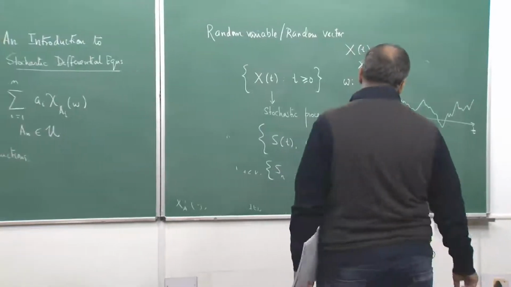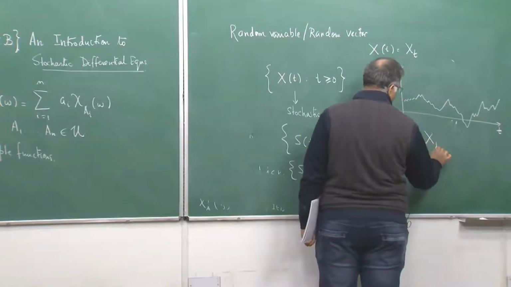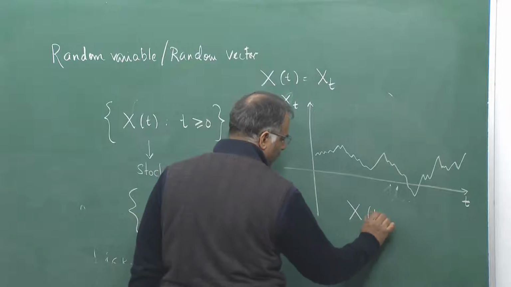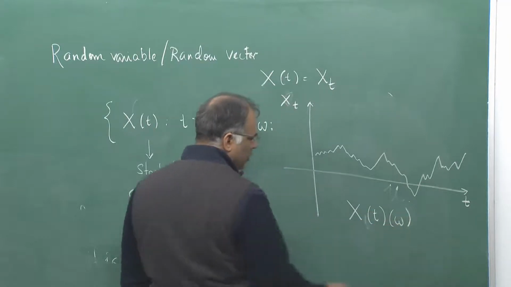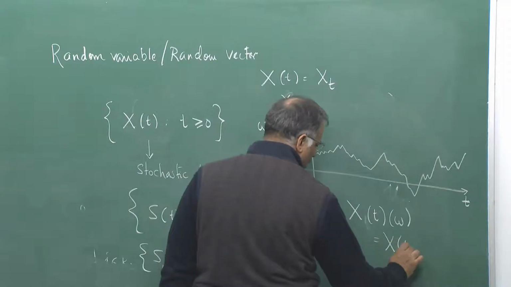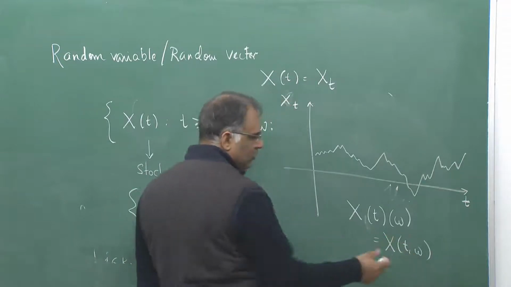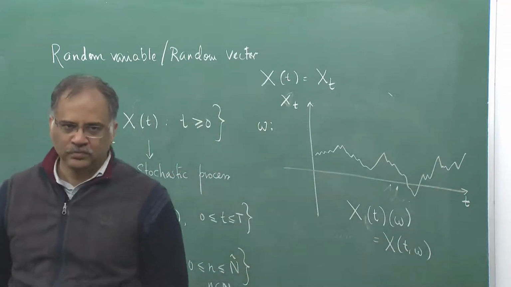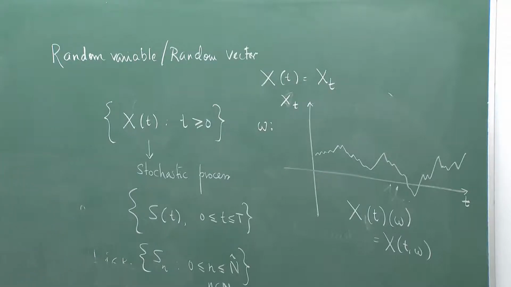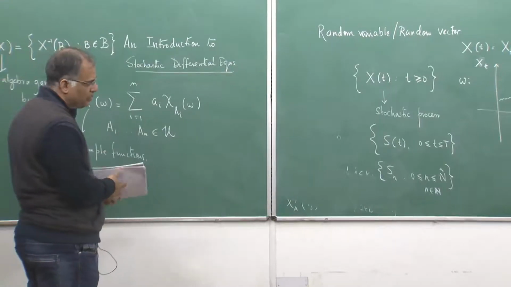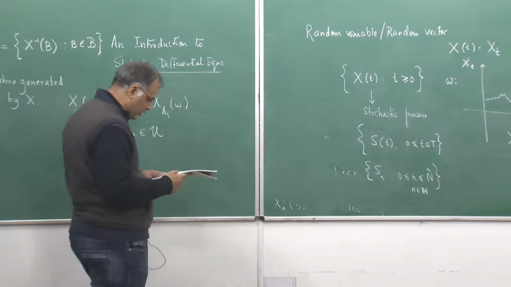So, what you have done is you have computed X_t of omega, sometimes written as X_t(omega). This is called the sample path. So, with fixed omega you are changing t, but if you keep t fixed and change omega, then it is bizarre basically. This idea we have just introduced because it is linked to random variables, which we will very soon come to, and the use of stochastic processes would increase in our next discussions.